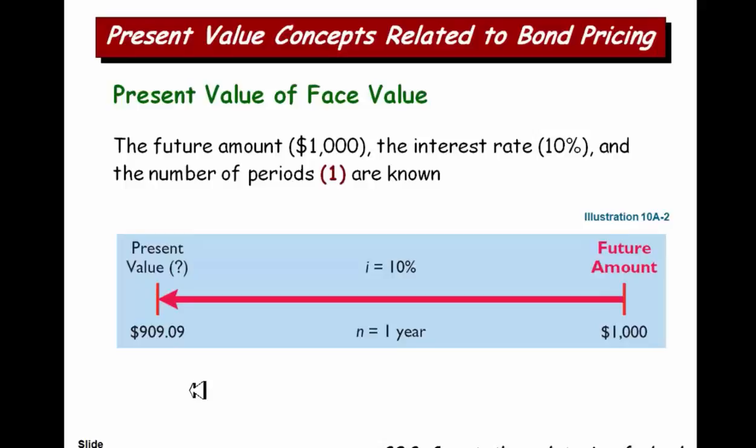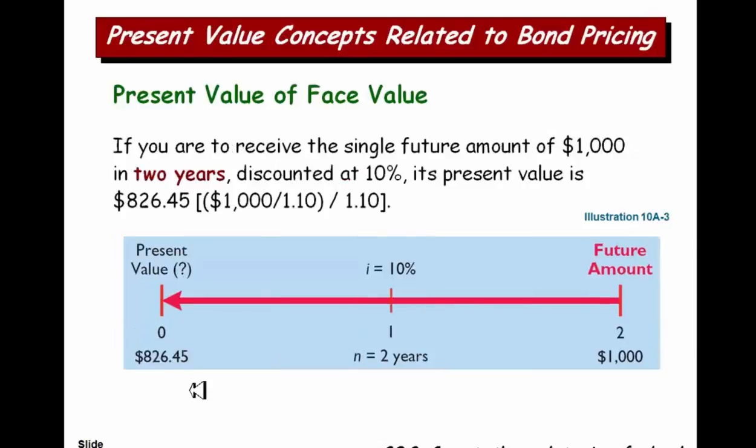And this is compound interest, by the way. So let's look at that. So here's 2 years. To calculate the present value for 2 years, we divide 1,000 by 1.1, for 1 plus 10%, and we divide it again by 1.1. So the present value gets less and less the more years out that payment is going to be received. So now, if you divide that out, that equals